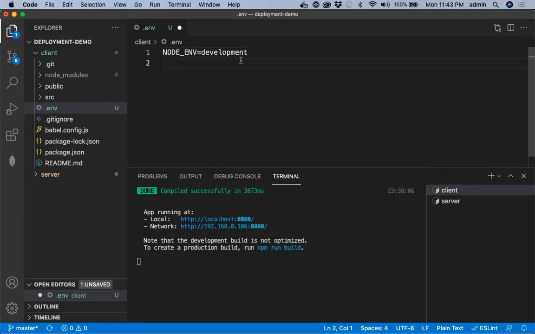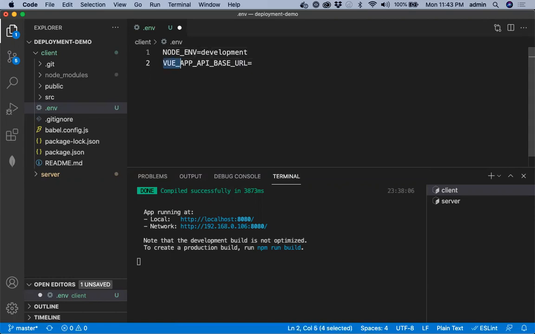So NODE_ENV is development, and we will set up the base URL for the API that we will be accessing based on the environment, because locally we are going to use localhost 3000, whereas we'll be using an online deployed thing for production. So we need to begin our custom variables with VUE_APP_. So VUE_APP_API_BASE_URL, let's say.